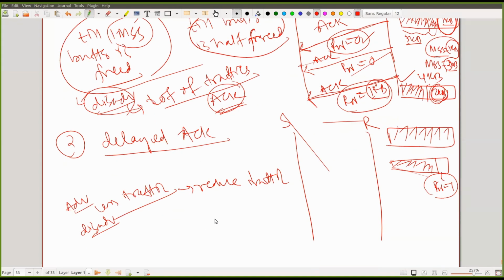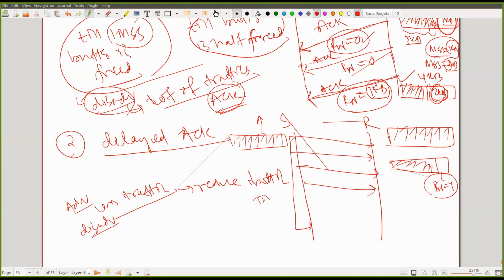What is the disadvantage of Clark's solution? To retransmit the data once the timeout occurs. Once the timeout occurs, I have to go and retransmit the same data, but this data is already received. Why is it not sending the ACK? Because of handling the silly window syndrome problem. It is not that the ACK is lost. It is not generating the ACK because it is handling the silly window syndrome problem.